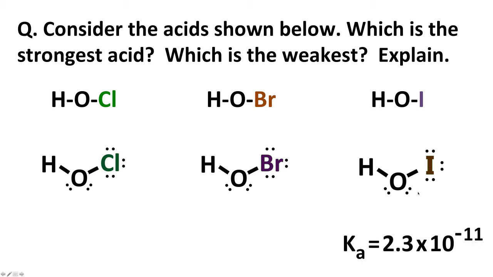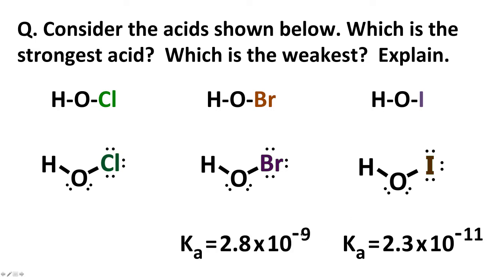So we'll actually start with a known K sub A value for hypoiodous acid. It's a quite weak acid. K sub A is 2.3 times 10 to the minus 11th. And we would expect now, by comparison, HOBr, hypobromous acid, to be a little stronger, because Br has a higher electronegativity than I, withdraws more electron density, weakens this HO bond a little bit more than the HO bond in HOI, and so we'd predict a somewhat larger K sub A value, and it turns out it's 2.8 times 10